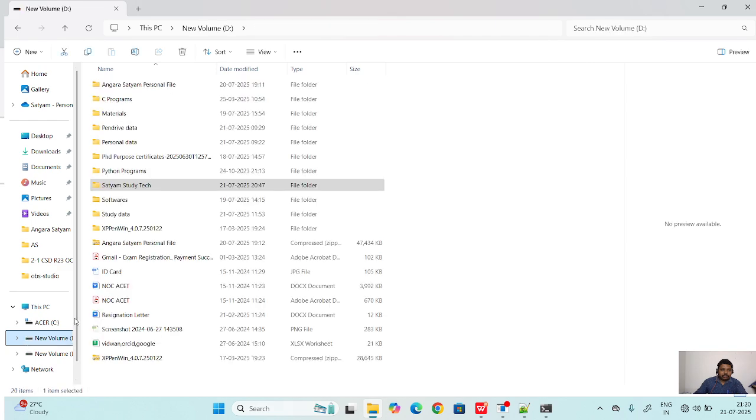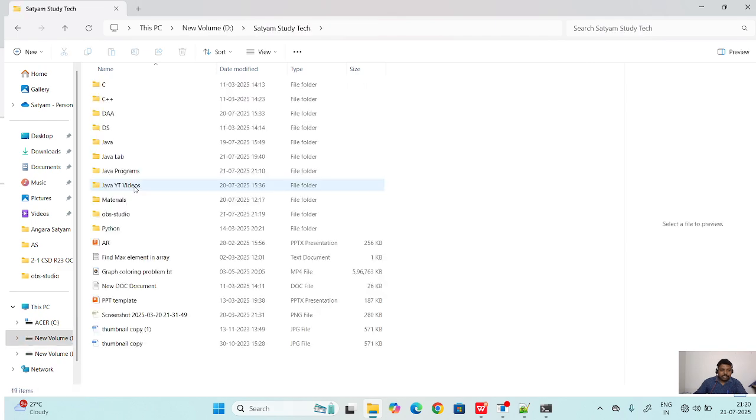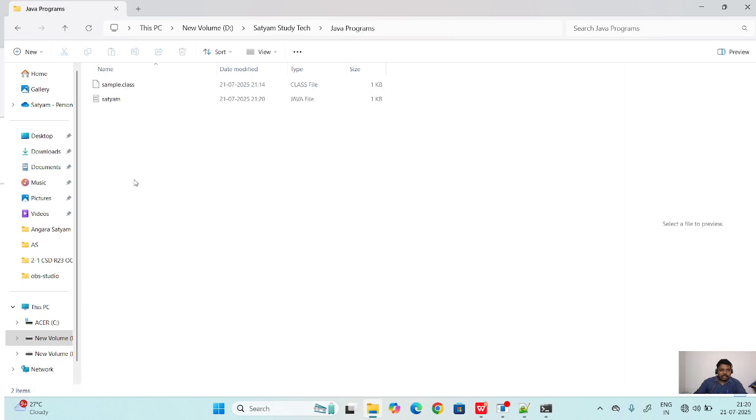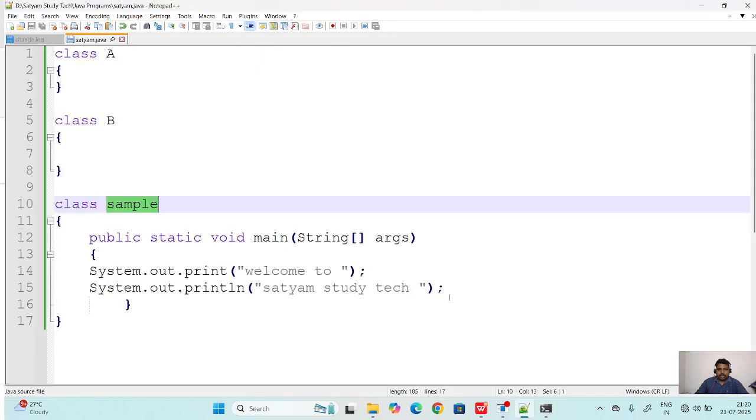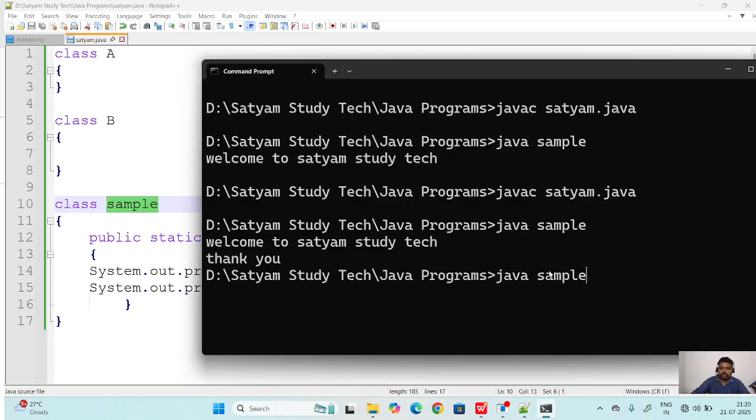Before saving, just clear what is there from the previous Java programs. Here a Java class file was generated. Now just delete it. The Sachin file is there. Now we can save this as sachin.java. That is the file name, sachin.java. Now we can run this. So we can compile